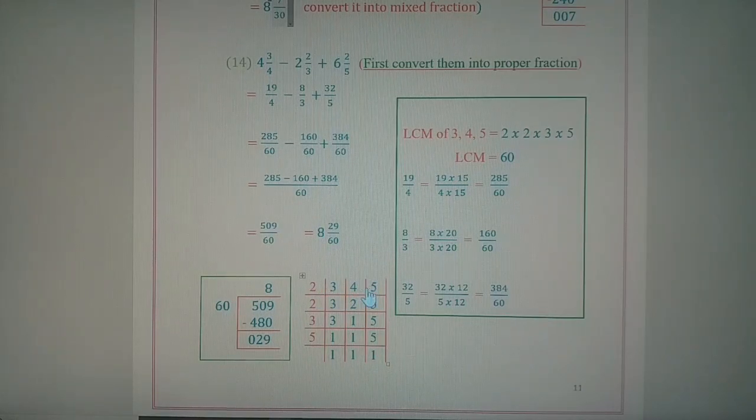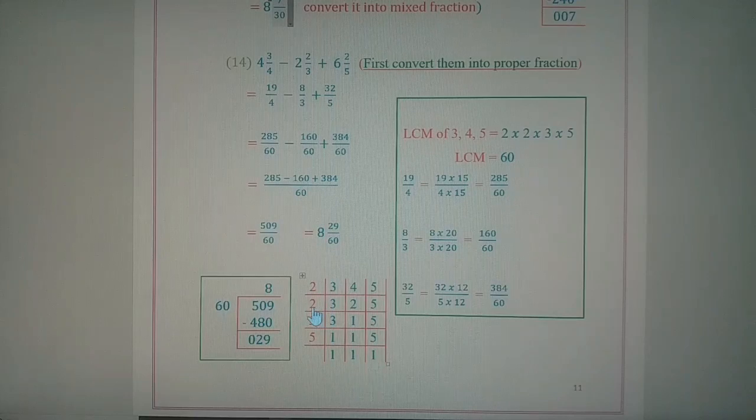In the rough column I have done it here. The LCM of 3, 4, 5, we start. Now the smallest prime number which can be used is 2, since 4 is an even number. So we start with 2's table. 2 2s are 4. In 2's table 3 doesn't come. 3 we copy down. 5 doesn't come in 2's table. So 5 we copy down. The next line is 3, 2 and 5.